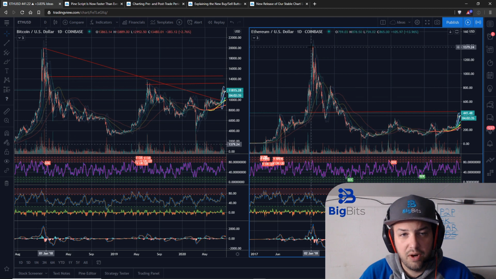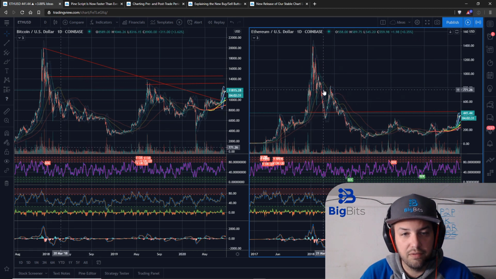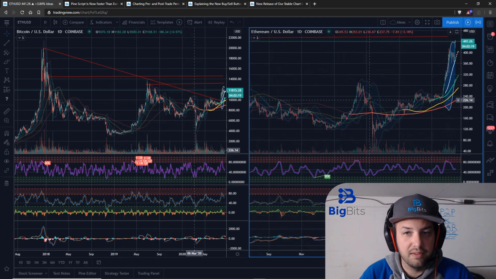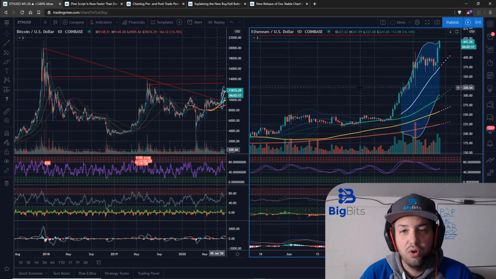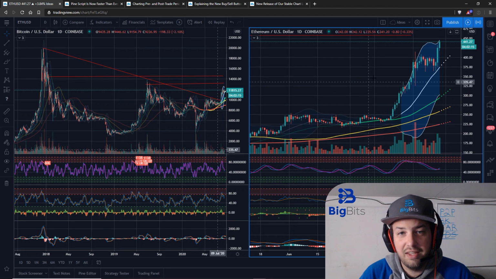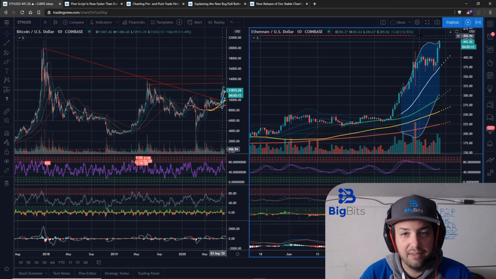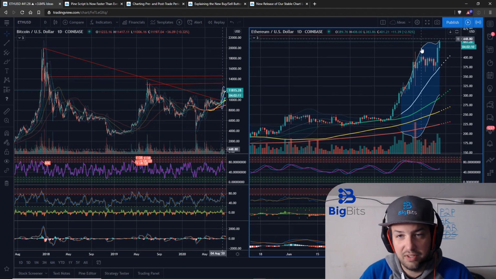And then, of course, it's already past its diagonal resistance. There is a small bit of resistance up in through here around $770 or so. But for the most part, just like Bitcoin, it's past its diagonal resistances and it's moving on to these horizontal resistances. Now, zooming in, currently, honestly, it looks like it could shoot right past that horizontal resistance level,